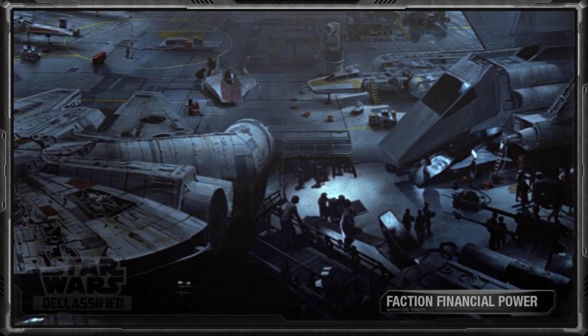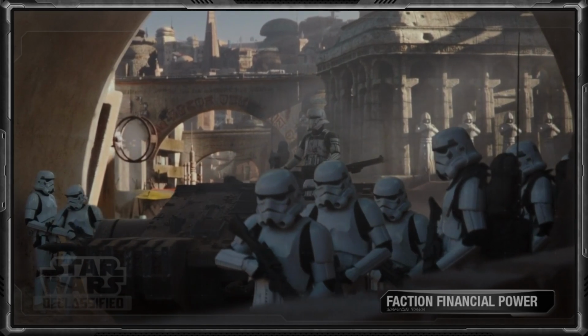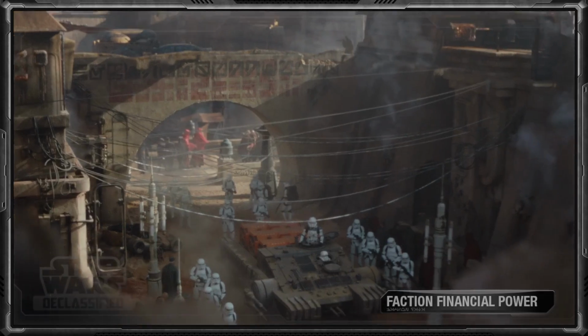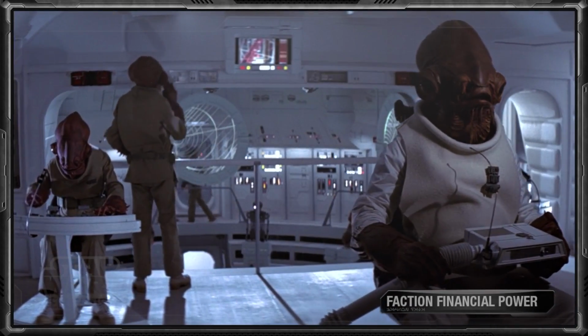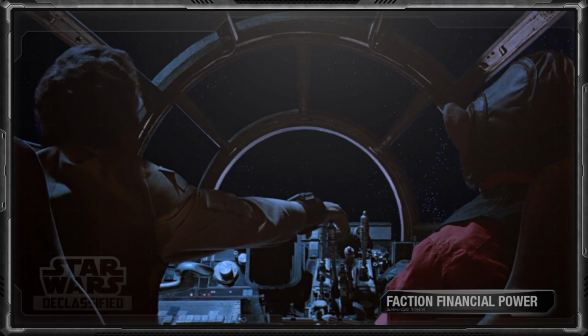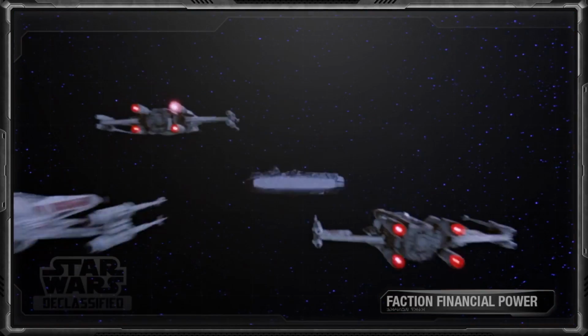Because of the many powerful individuals supporting the Alliance, the rebels were very well funded considering their circumstance. Of course, only when compared to the might of the Galactic Empire, which was literally the government of the known galaxy, would the rebellion always be considered weaker in terms of resources. But otherwise, compared to any other faction at the time, they were one of the strongest and most recognized. Especially later in the Galactic Civil War when more systems started siding with the Alliance.